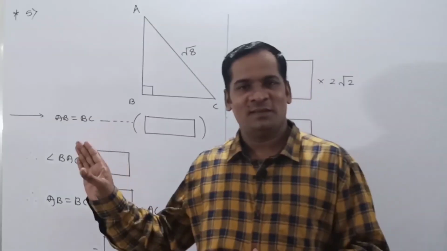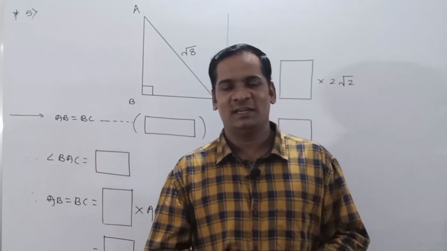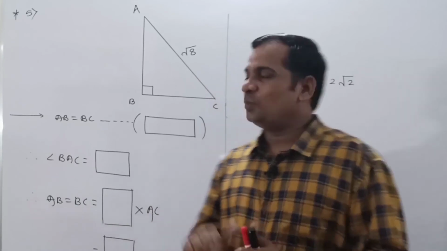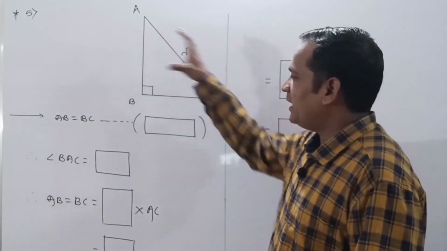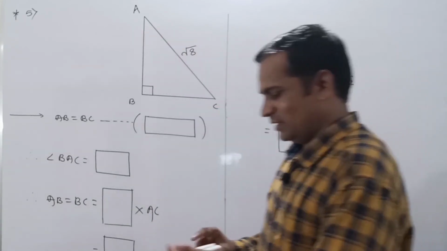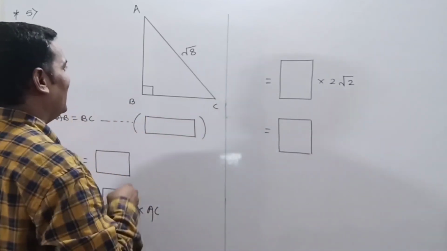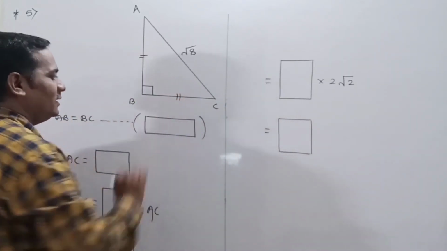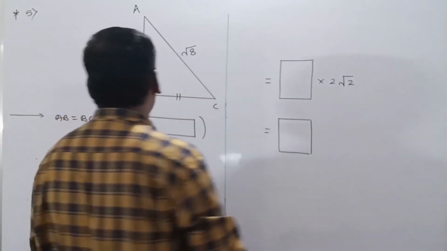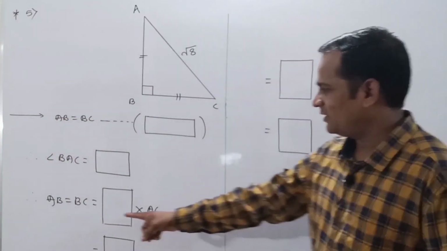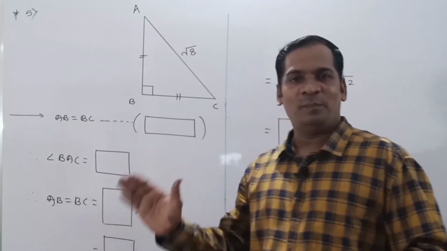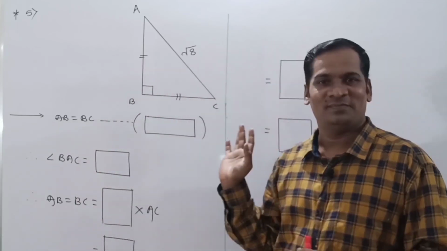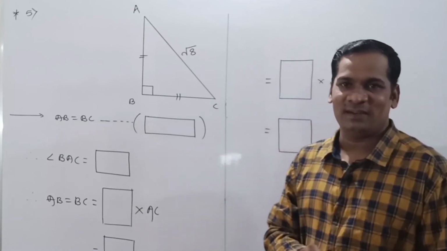So this is question number 5 from practice set number 2.1. Now what is the question? To find out AB and BC. Okay, now what is given there? This AB is congruent with BC, and to find out this AB and BC, look at here, complete the activity by using the information given in the figure. Okay, so let's complete that activity.